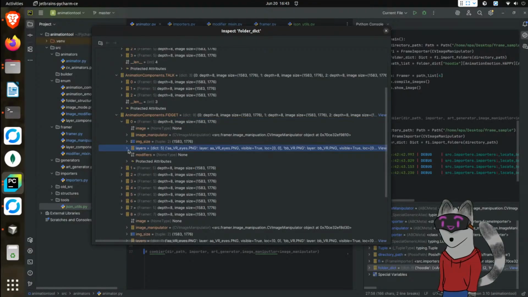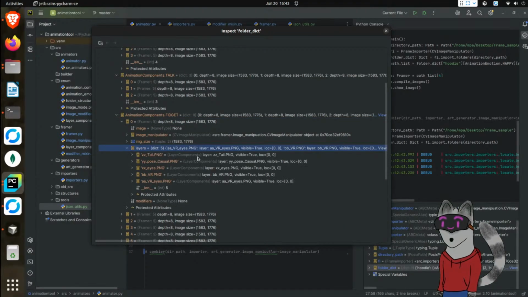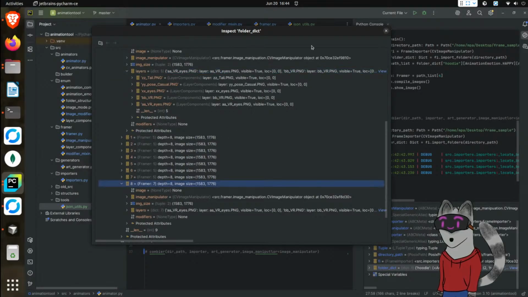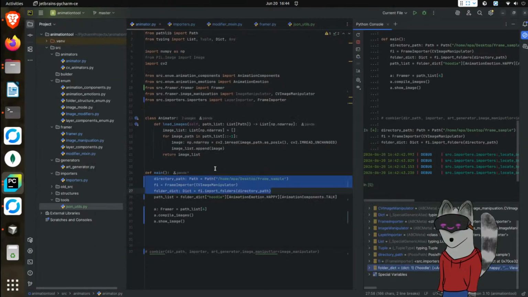I'm busy going through, making sure everything is... These are the layer components. This is framer. All right. So we'll need to figure out why that one is the way it is. How about